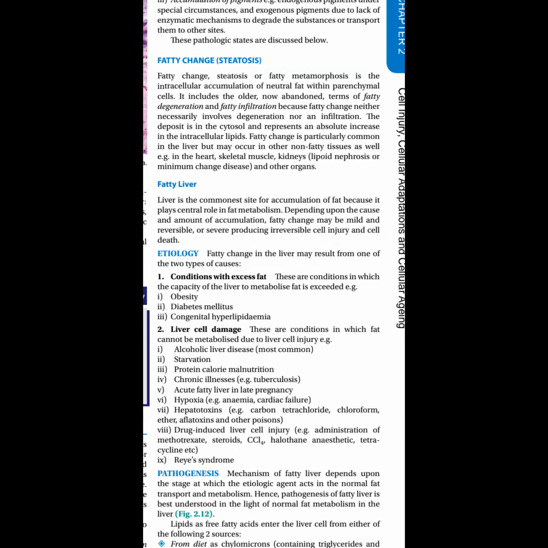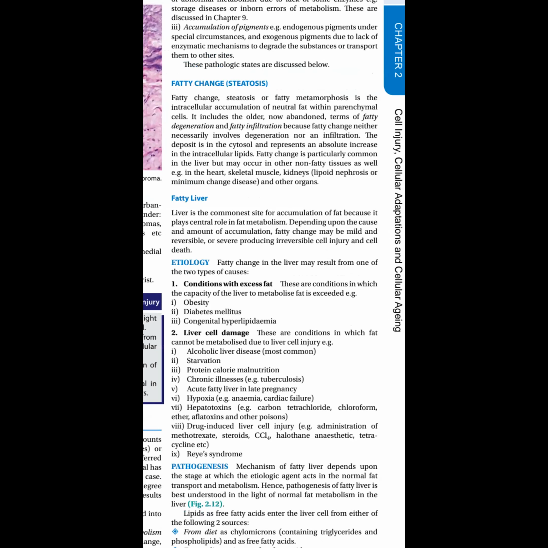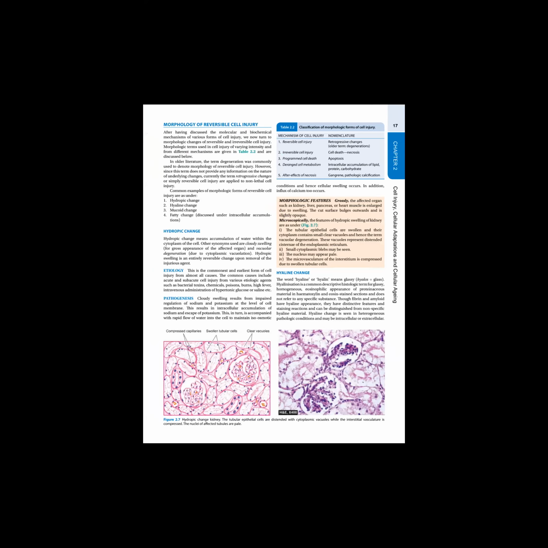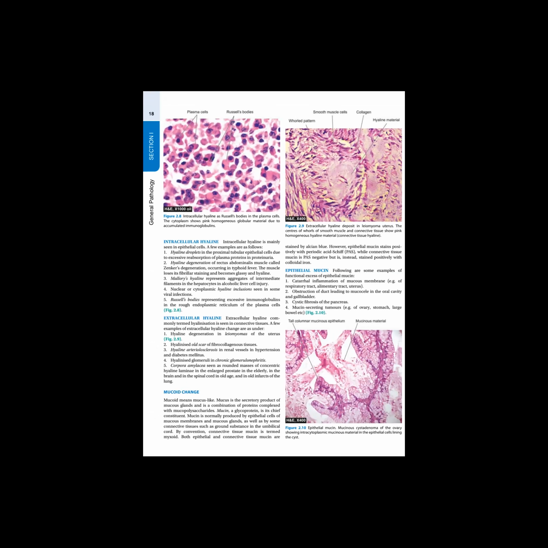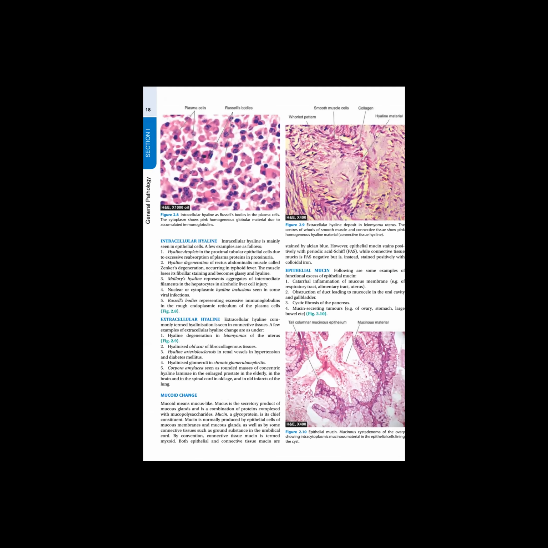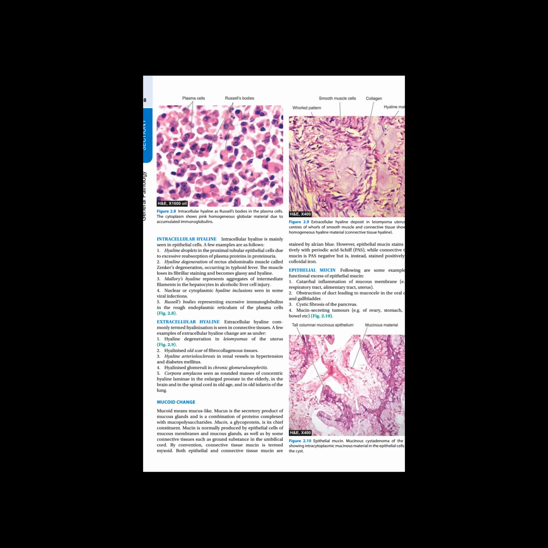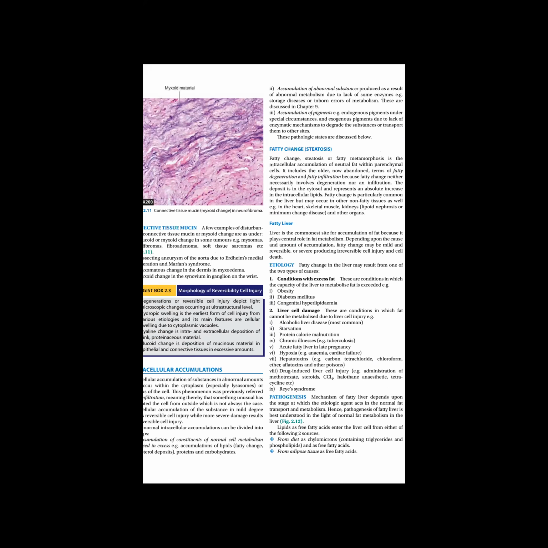Okay, now we are just learning how the tissues are affected. First, we saw the accumulation of water in hydropic changes. The other is hyaline changes, intracellular and extracellular. Then mucoid changes, when there is pus formation, when there is too much secretion or the secretion has not been happening. That is the third reason. The fourth is fatty liver. Fatty changes are happening over there.